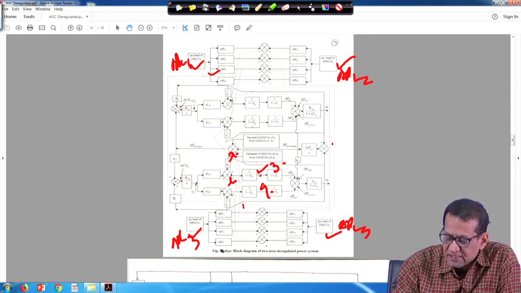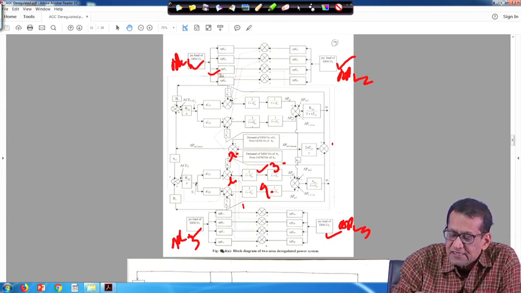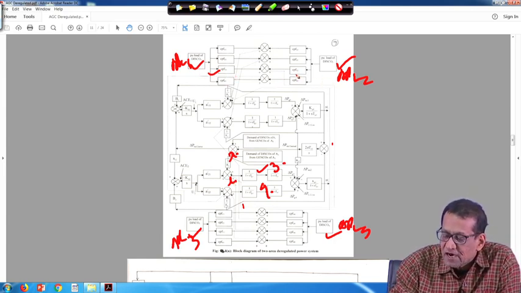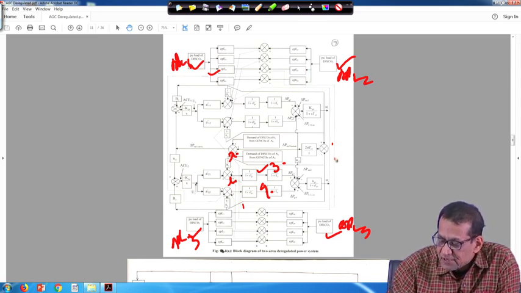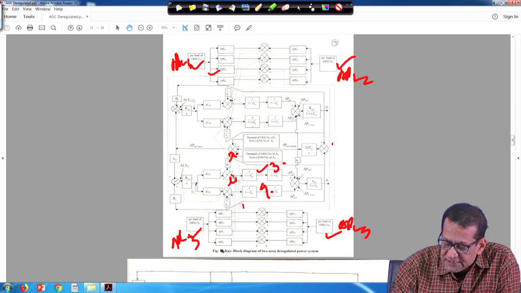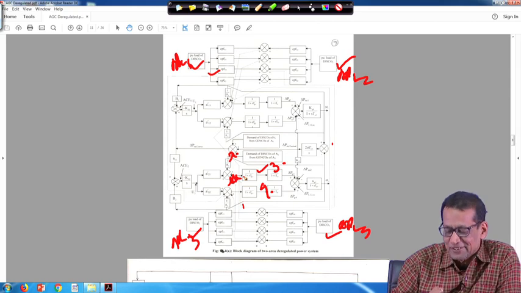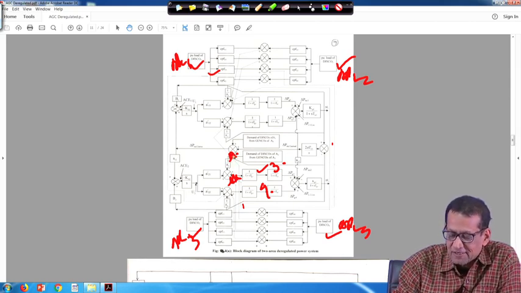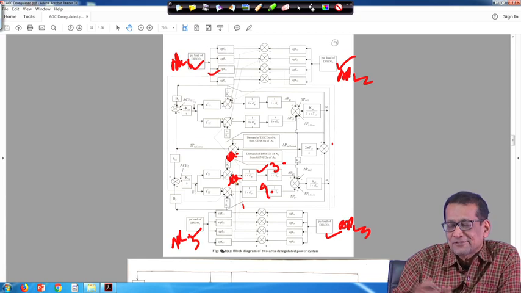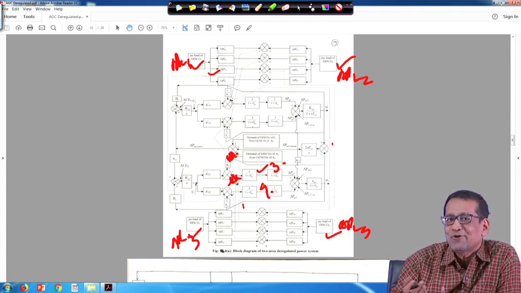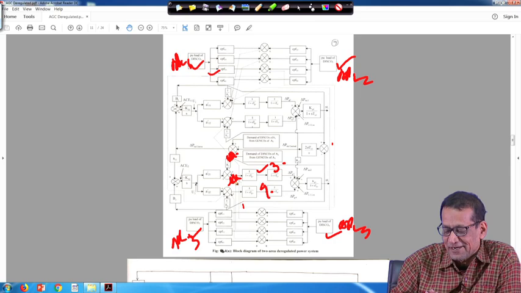And here also the other one is coming to your unit 3, that is your CPF31 delta PL1 plus your CPF32 delta PL2. It adds, and it is coming like this and basically it is getting added here. It is a very big block diagram, so that is why it is a little bit complicated. When you get this note, at that time you enlarge it and just see this.